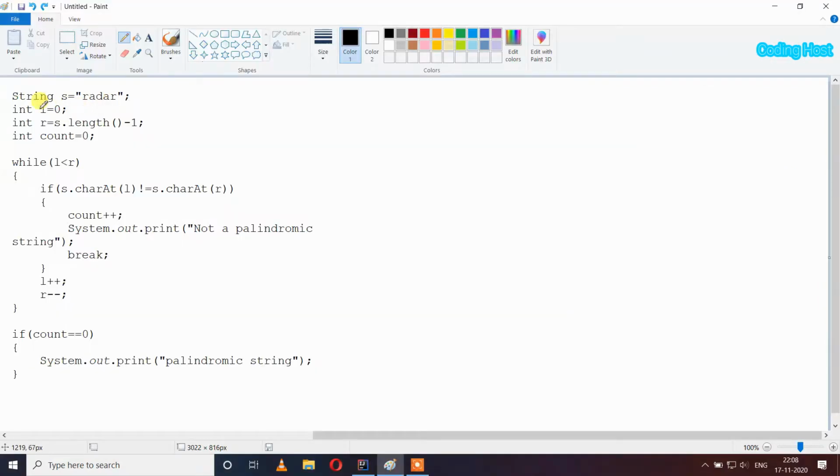In the program I have taken a string variable s in which we have the string radar, like here. After that I have taken a variable int l equal to 0.